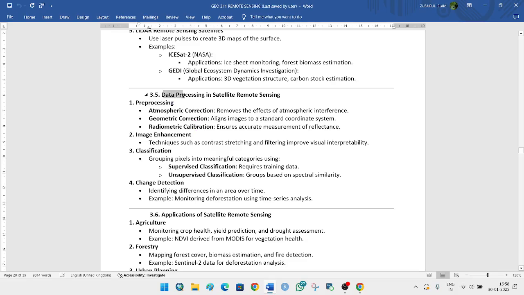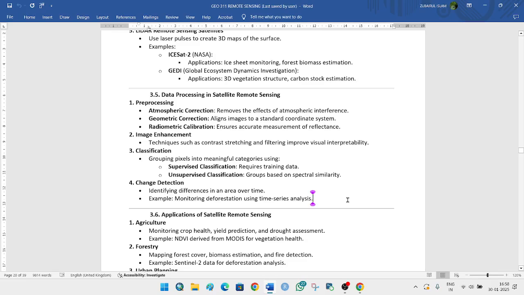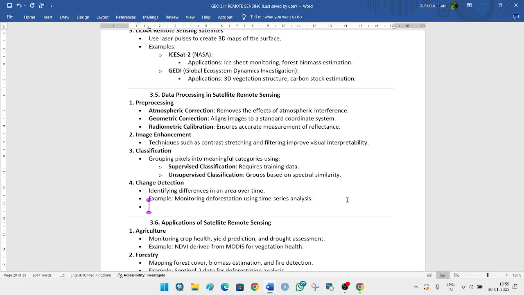Data processing, you can do image enhancement also, you can do classification also, and then you can study the change detections also. So all these are possible with some software which are very useful, and these softwares are maybe like ArcGIS